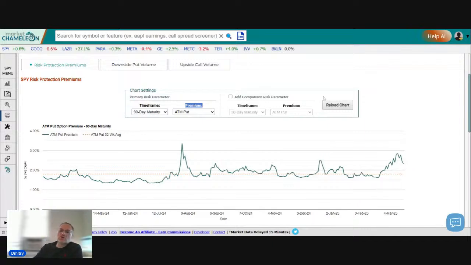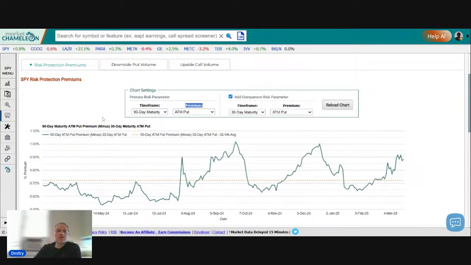So let's do this as a comparison. Here we have 30 days already selected and an at the money put, right? So we're going to say 90-day at the money put minus the 30-day at the money put. Let's reload that. So you can see here, 90-day at the money put minus 30-day at the money put. So the total cost is over here on